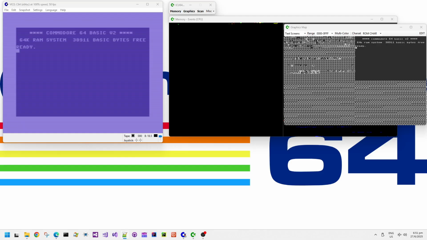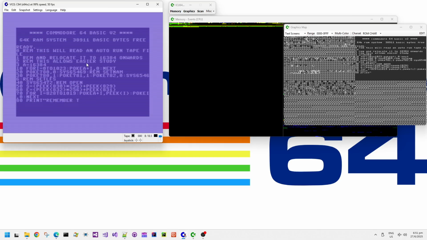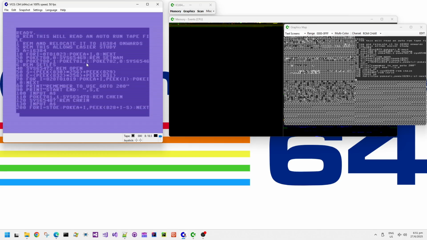So when you want to try and inspect an auto run tape turbo loader without using freezer cartridges or anything else, just using a stock Commodore 64, you need to intercept the tape turbo loader, the auto run part of it. And this code will do that. So what this code does is that it uses some of the KERNAL routines to open a file on tape,